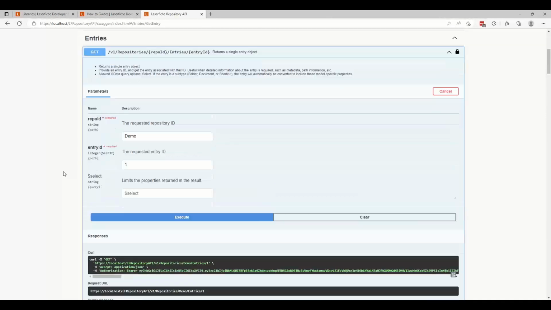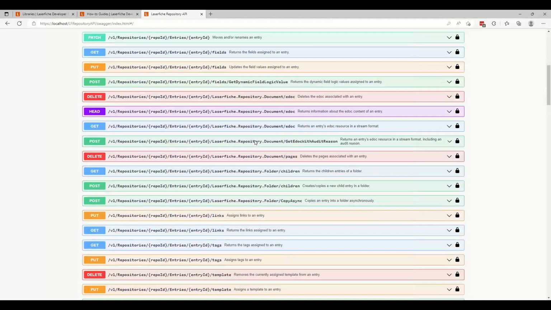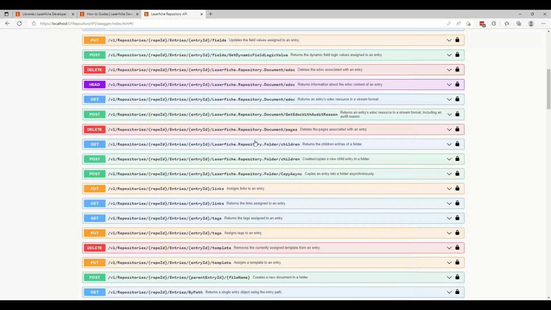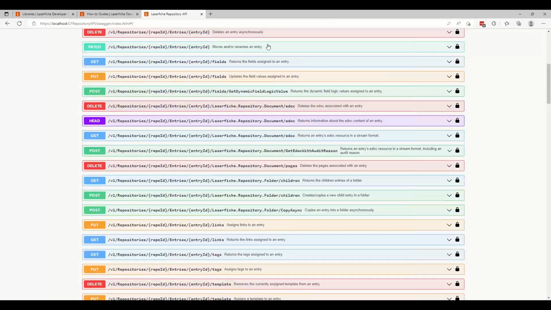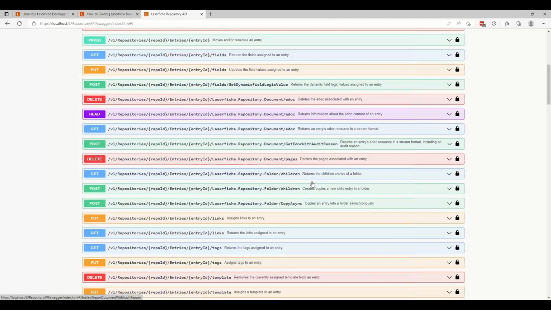Let's do something a little more fun than just getting an entry. We can create a new folder within that root folder using the